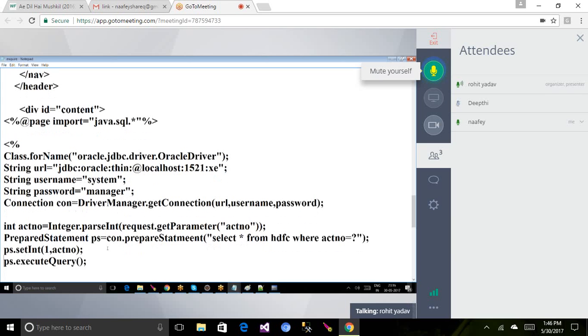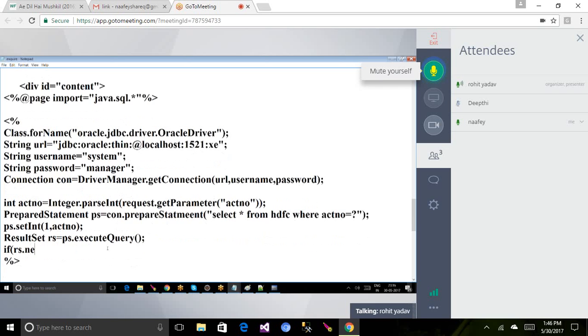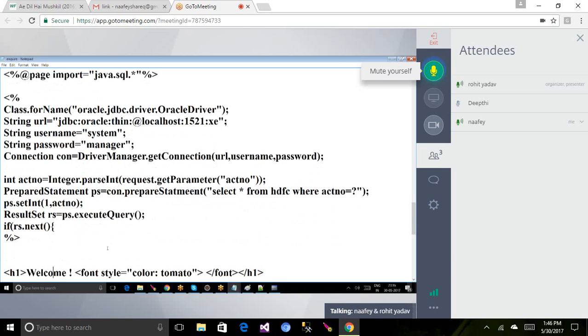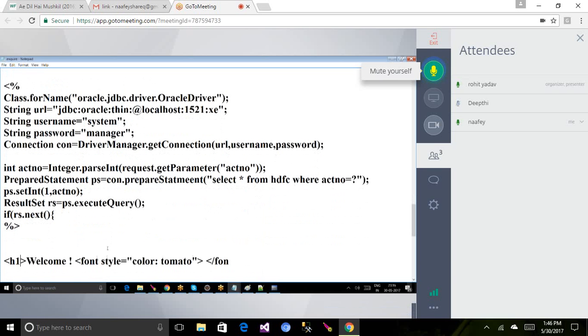And what is the return type of executeQuery? ResultSet rs equals. See, everything is the same, just the tags part is a new thing. The calculating part and everything will be the same. Now, if that particular amount is there, if rs.next is true, what do I have to display? Instead of welcome, I just have to say the amount available